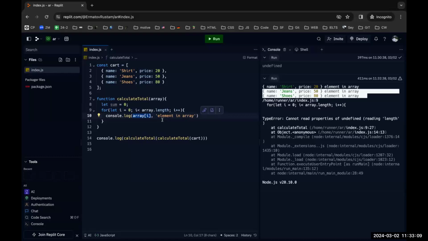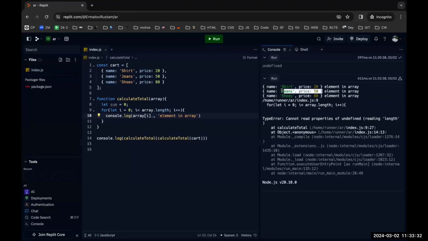So first we're gonna reach the array, then we're gonna reach its iteration element, first or second, and inside it we should reach the property like price. So since array I is an object, each object inside our array, we can do array I dot price, right? And that will give us